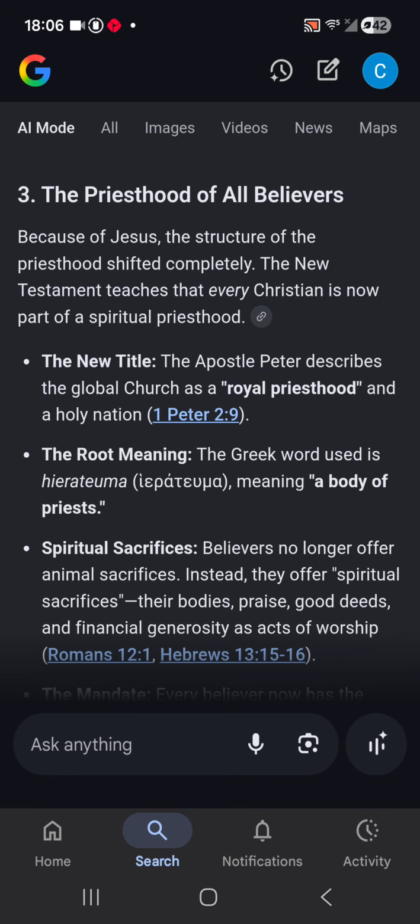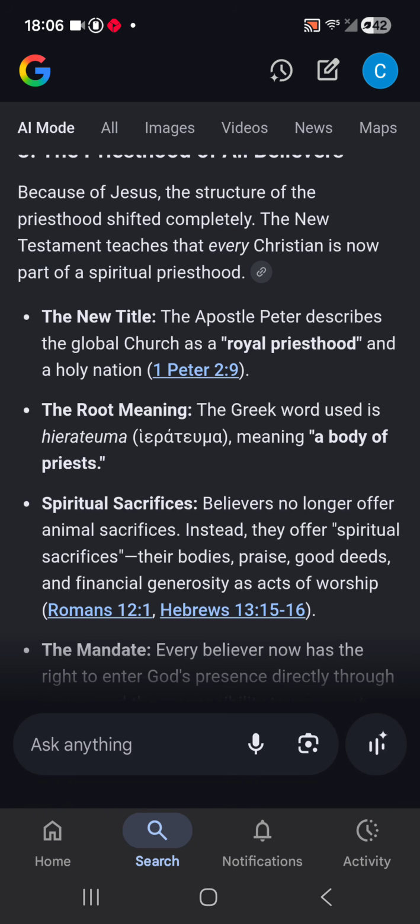The priesthood of all believers. Because of Jesus, the structure of the priesthood shifted completely. The New Testament teaches that every Christian is now part of a spiritual priesthood. The new title: the Apostle Peter describes the global church as a royal priesthood and a holy nation, 1 Peter 2:9. The root meaning: